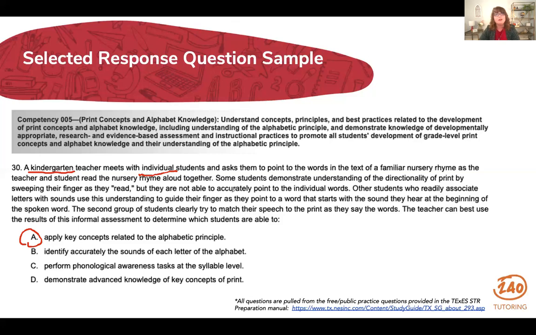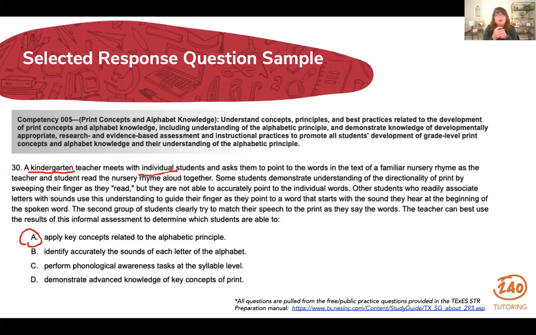Now let's talk about the wrong answers. B says identify accurately the sounds of each letter of the alphabet. Well, not every letter sound is presented in this scenario, so we can eliminate this answer choice. This assessment sounds more like a formal assessment. So if we actually wanted to accurately identify the sounds of each letter of the alphabet, we would likely do